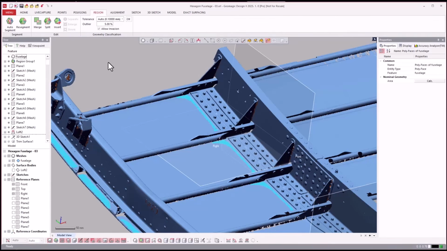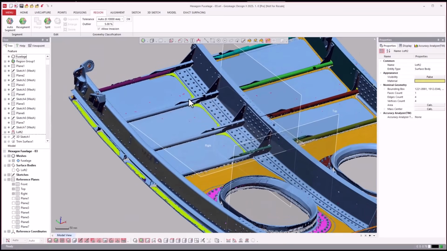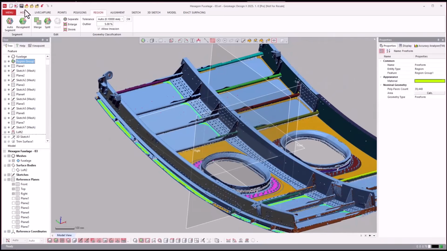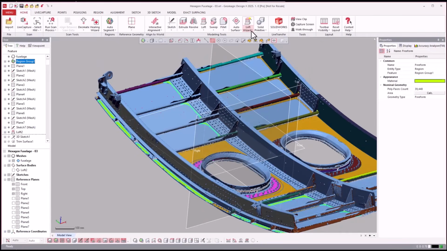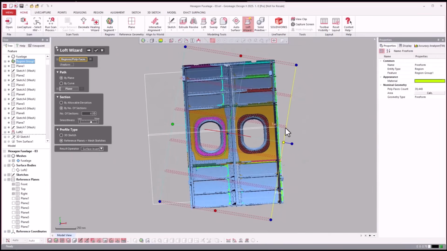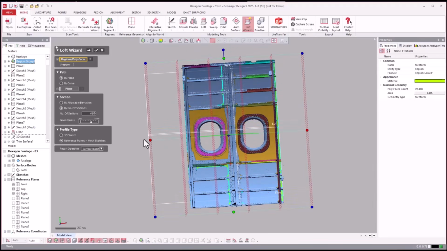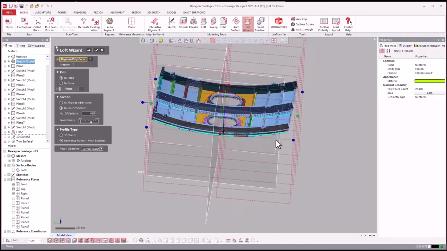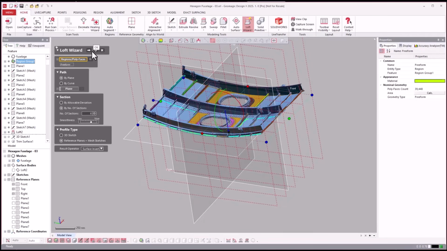And just for the sake of time, you see here that you have to go around and identify all the areas that you believe are part of that area. And then you come over and do a loft wizard. Orient the box. So if you wanted to do it in a vertical fashion here, and the nice thing about the loft wizard is the fact that it's editable later, right? That I can orient this box around the outside and hit next,